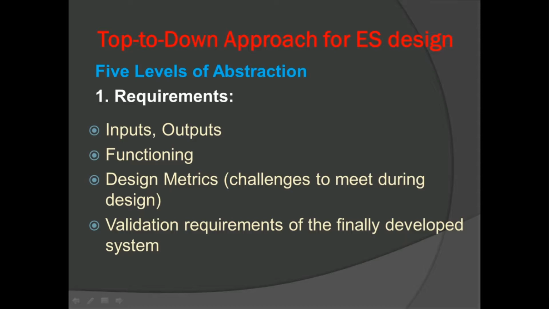Now, requirement talks about the inputs, outputs, the functioning, design metrics, which is nothing but the challenges of the system, and then validation of requirements of the finally developed system. Right? So, basically, requirement talks about the definition and the analysis of the system's requirements. It should be well defined before the system design starts. So we need to understand the system's requirement very well, and then we'll move towards the next step called